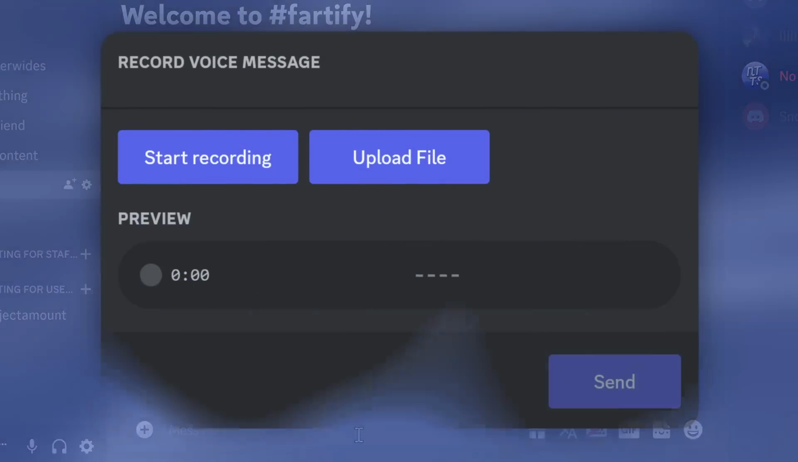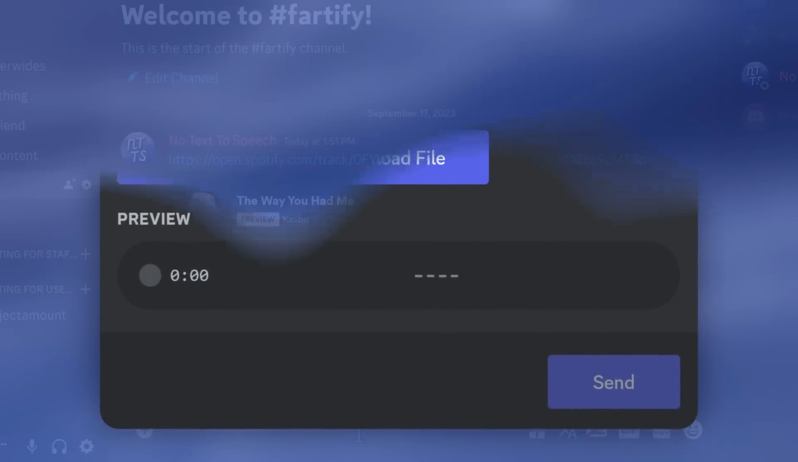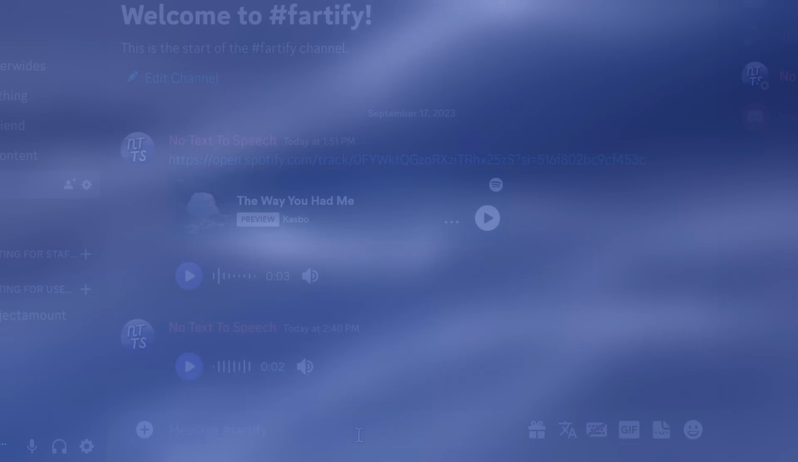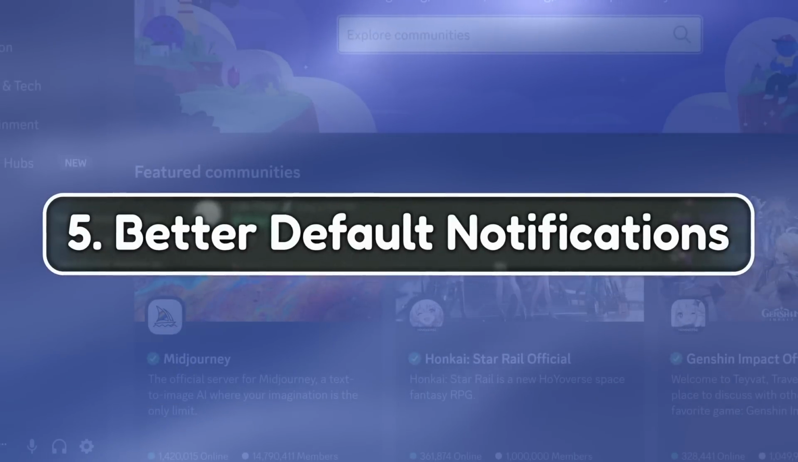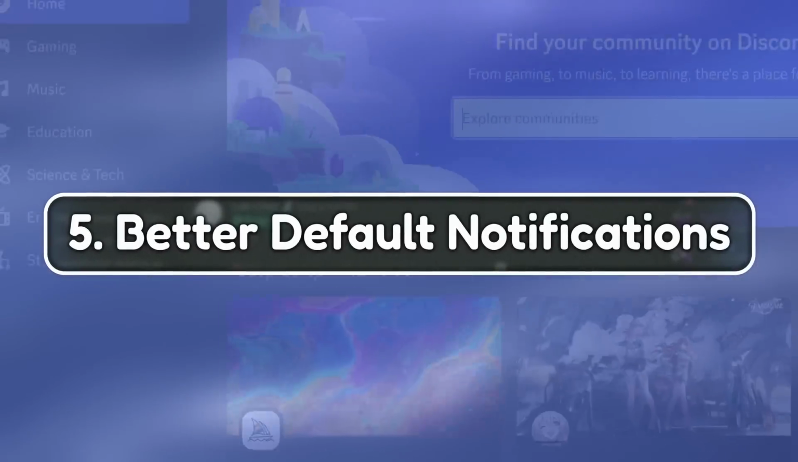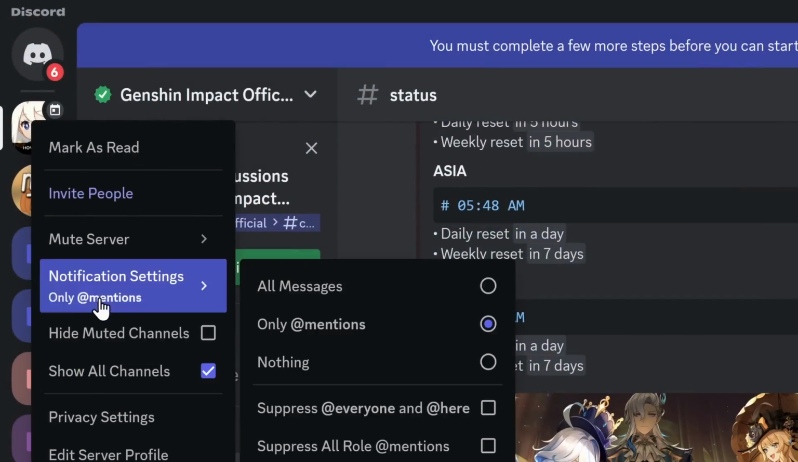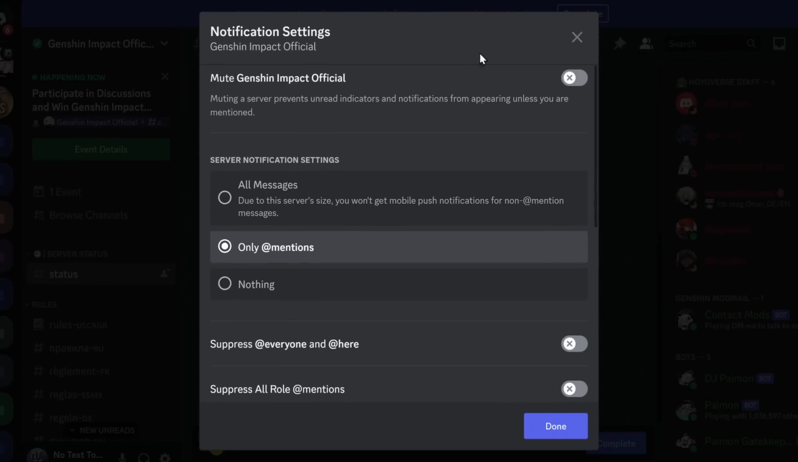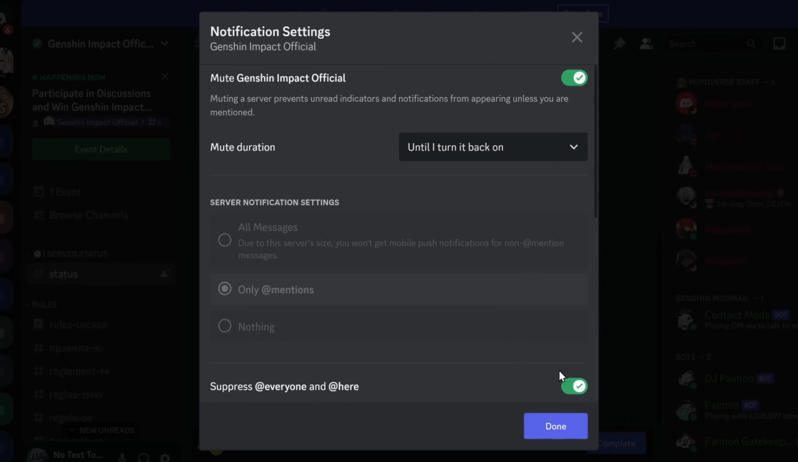All Discord has to do is add the UI and the buttons and make it idiot proof, which is probably the hardest part. Now, the fifth feature that Discord needs to add is better notification settings, specifically when you join a Discord server. So instead of having to right click on every single server that you join, go to your notification settings and turn on all the settings that you want to your liking,